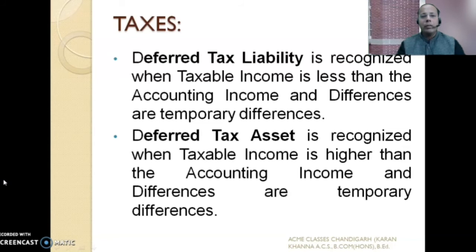To take an example of depreciation, if the firm has charged a depreciation rate of 60%, whereas the depreciation rate allowed by the Income Tax Act is 20%, clearly the accounting income will be less than the taxable income. Therefore, when accounting income is calculated and then taxable income has to be calculated to account for the provisions of the Income Tax Act, there's a difference between accounting income and taxable income.